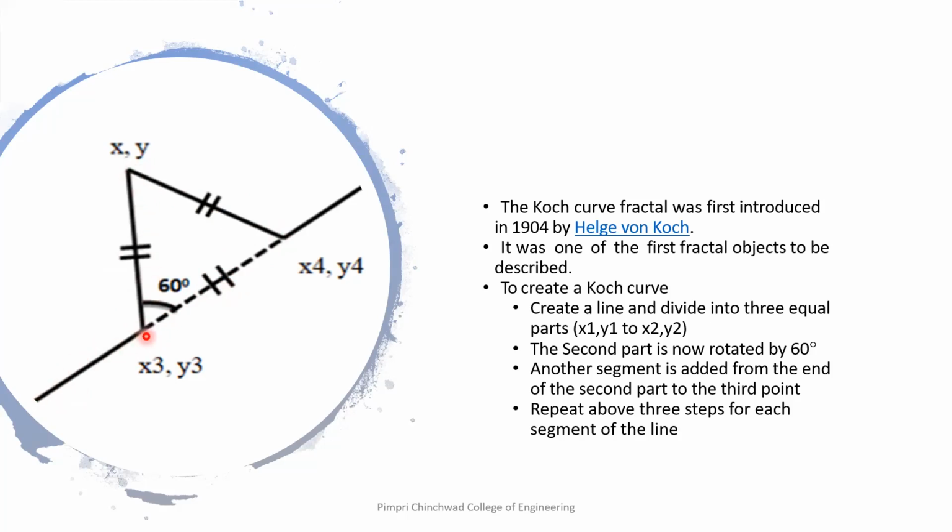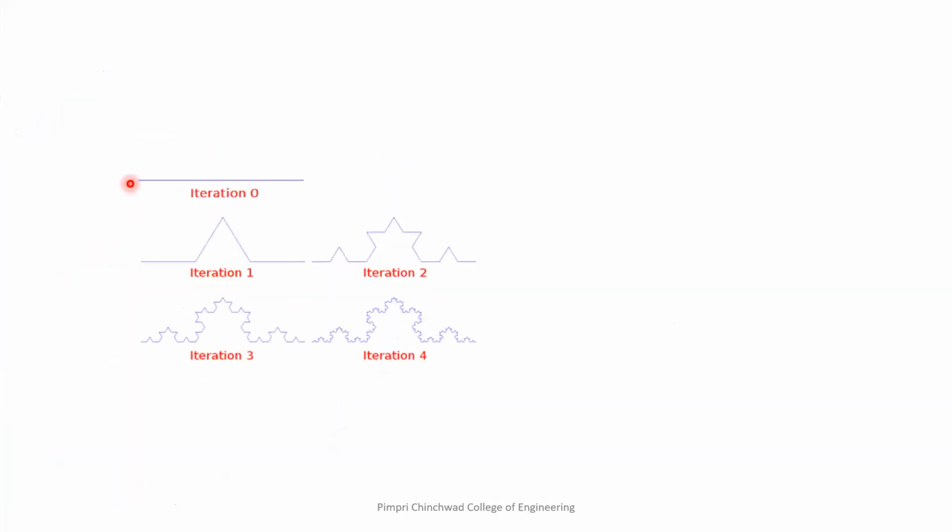For this one, again, I have to divide it into three parts. I have to take the middle part. I have to make one equilateral triangle like this and leave it. Then I have to take this part, divide it into three parts, and make an equilateral triangle over here. Then I will take this line, divide it into three parts, creating one equilateral triangle like this, and like this I will continue. The number of iterations, how many times you want to do this, will be specified by the user. Okay. So this is iteration 0.